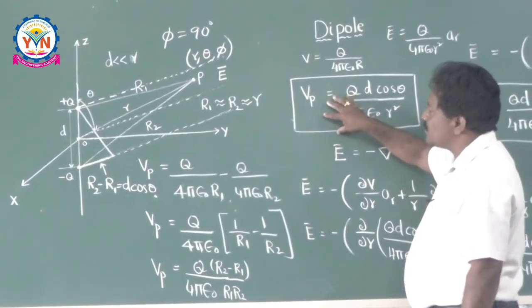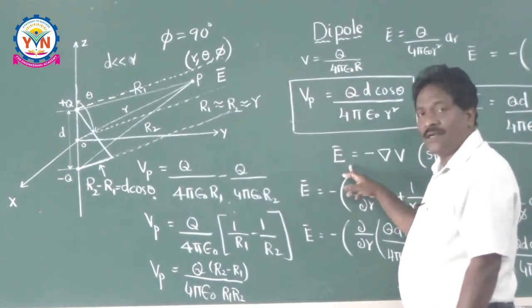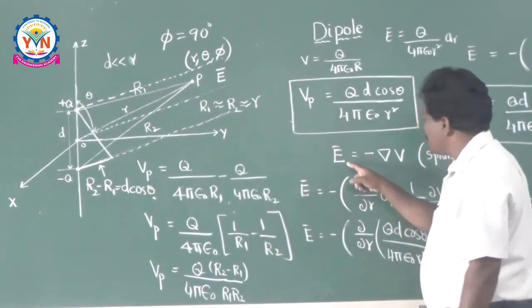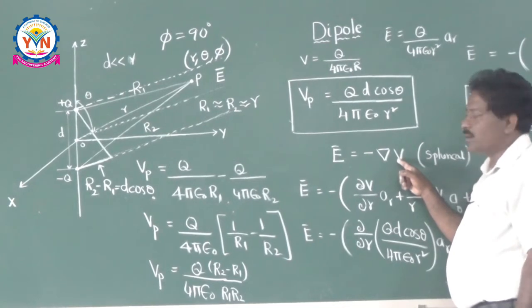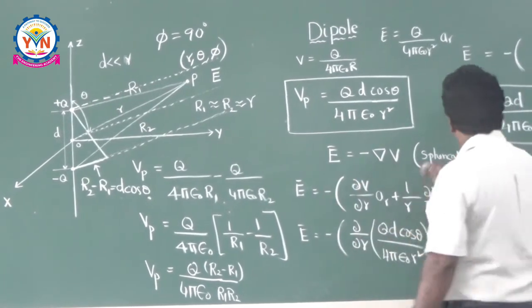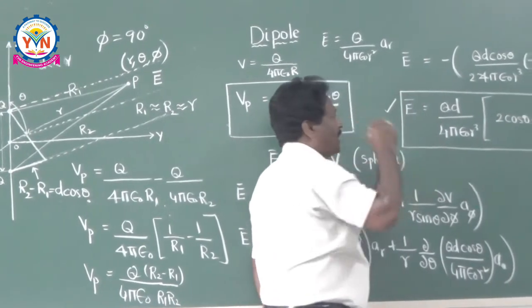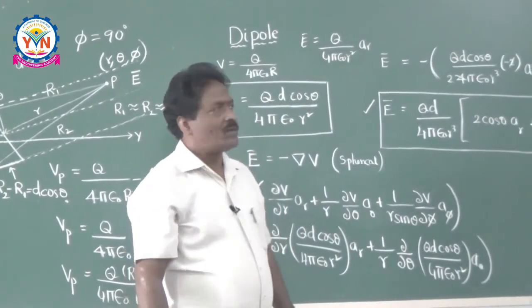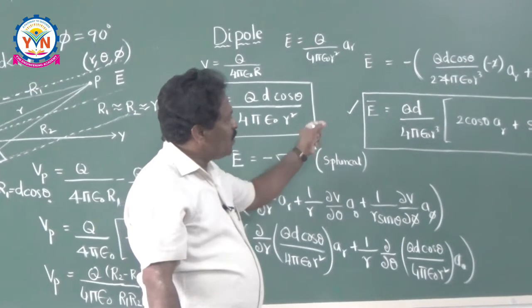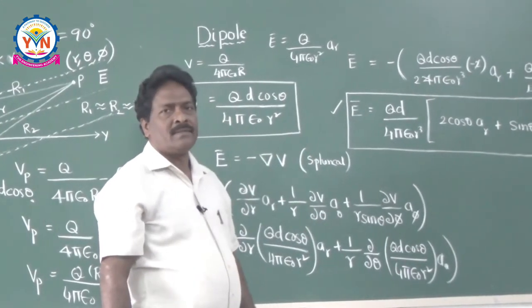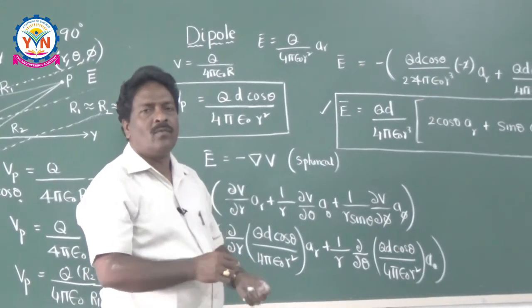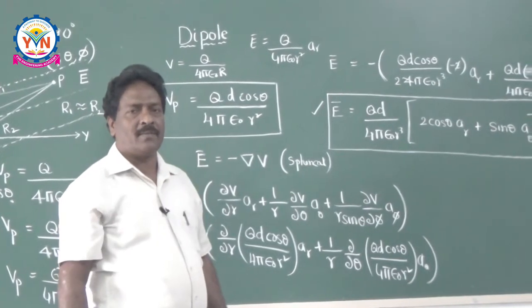Once the potential is known to you, as the point is defined in the spherical coordinate system, you have to use E is equal to minus del V. Once you apply all this mathematics, you get the electric field intensity expression E bar is equal to this much. So after knowing all these parameters, let me tell you one more important parameter of the dipole,